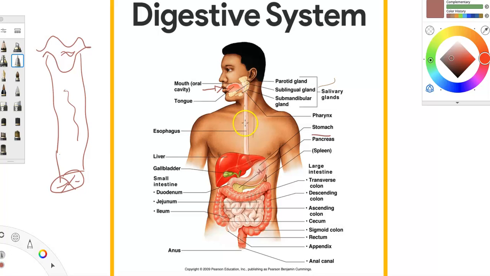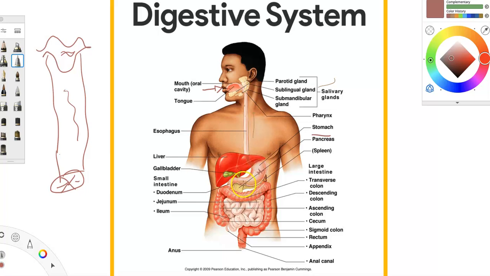The food goes down the esophagus, and again, this esophagus is very muscular. Through peristalsis, it's going to push the food down, down, down into your stomach. Even if you eat upside down, your food is still going to go down your esophagus and into your stomach. The stomach has several parts, which we'll look at more closely. And it's going to go around the little curve of the stomach,